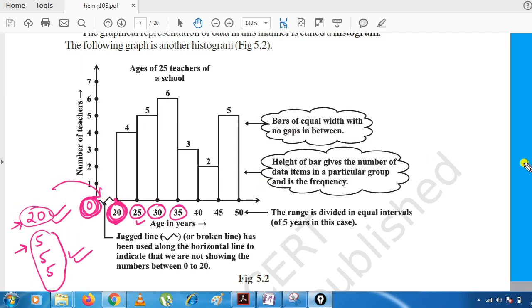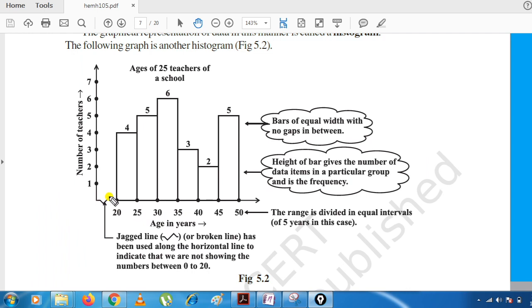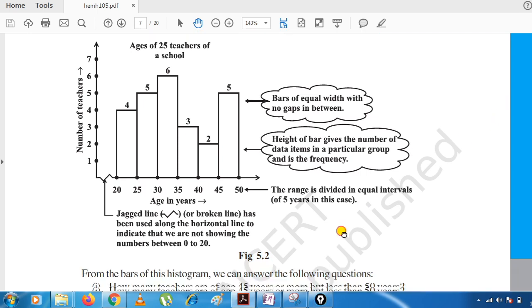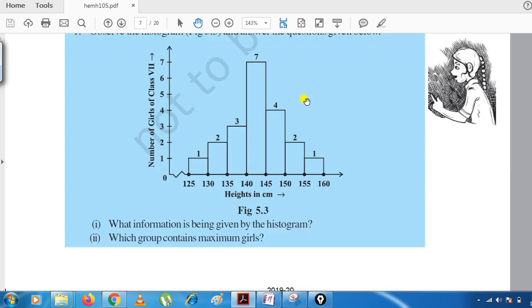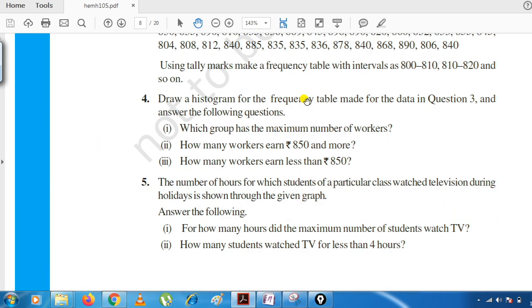So to remove this difference, what we did here is make a zigzag line, or you can say a broken line is made here. Okay, so that's why a broken line is required, whenever we have more difference than what it should be there. Okay, then now we can do this fourth question.